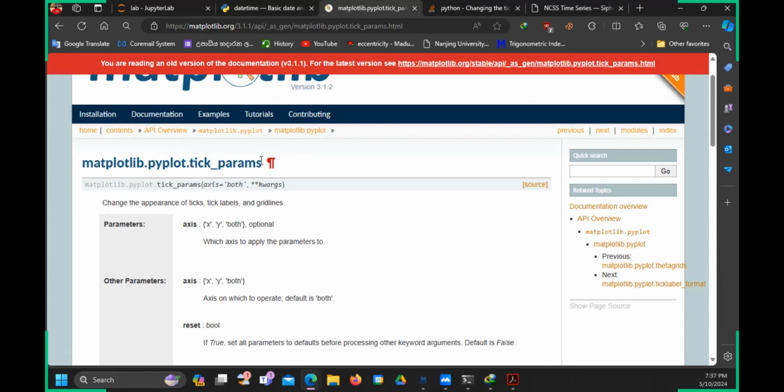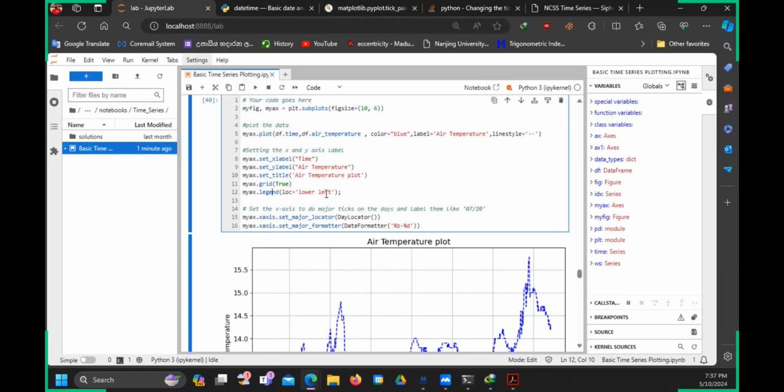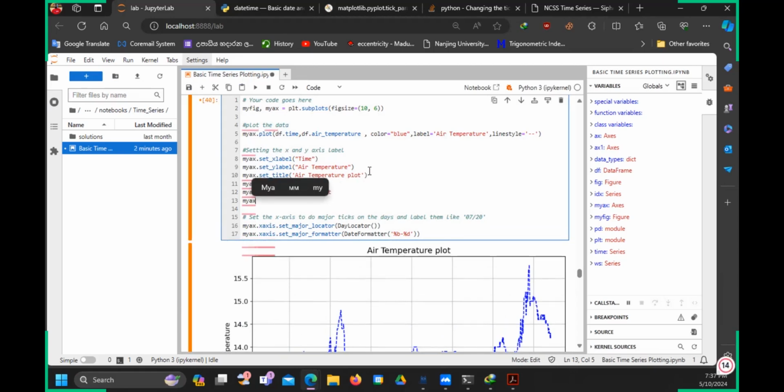That means you have to type my ax dot tick underscore params. Then within brackets you have to specify axis equal x,